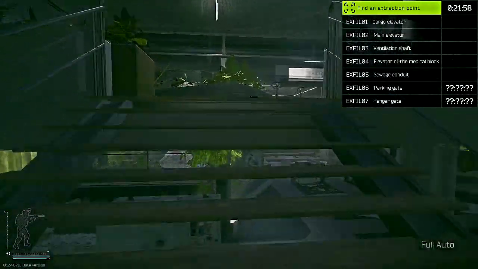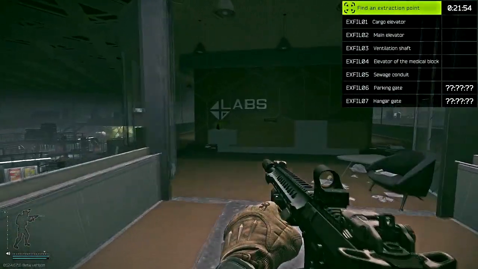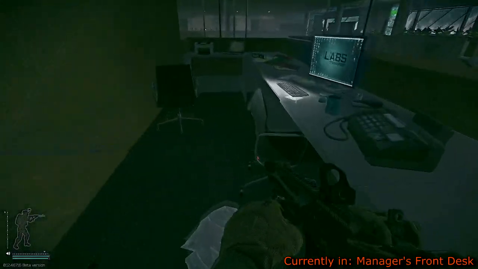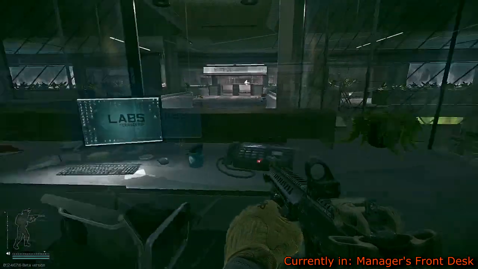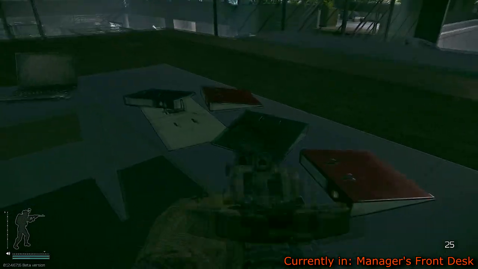Now we're actually gonna go up to managers. This is a really risky room and area to loot, just like Cat over there, except this is riskier because you're kind of a little bit more trapped, and if there's raiders out, this is just kind of suicide most of the time. But right here in this front desk, there is an intel spawn, as well as a